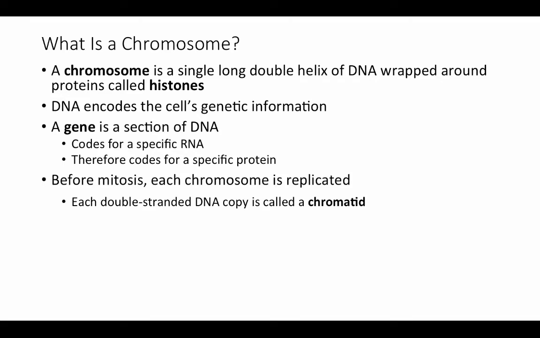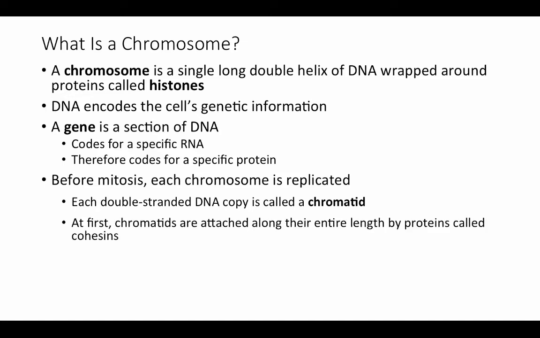Before mitosis occurs, before the separation of the nuclei, each chromosome is replicated. So each double-stranded DNA copy is called a chromatid. At first, the chromatids are attached all along their entire length by proteins called cohesins. But once mitosis begins, most of those cohesins are cleaved so that the two chromatids separate everywhere except for one spot called the centromere, where they're still attached to each other by these cohesins